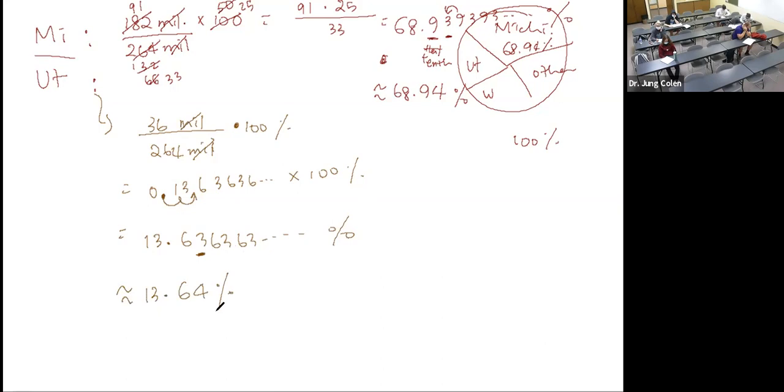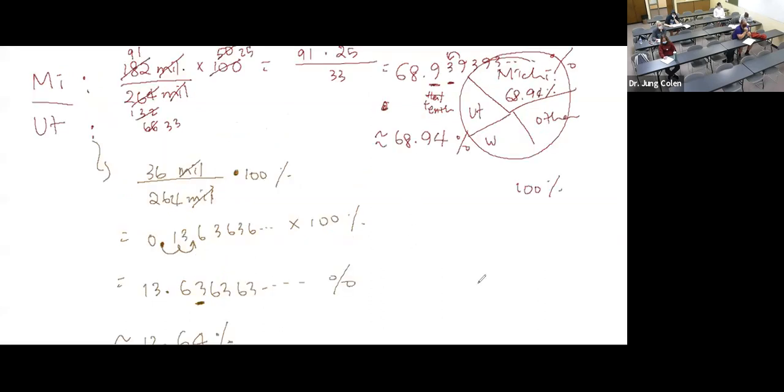Are we good? Okay, now, Kelsey, tell me about Washington's produce. So they did the 26. Okay, Washington. Go ahead. So you would take 26 million and you divide that by 264 million and then do the times 100 and percent at the end, right? Yep. And then millions would cancel out. So then 26 divided by 264 is